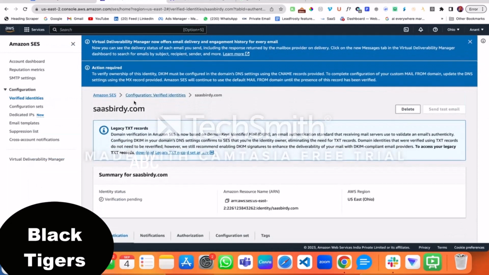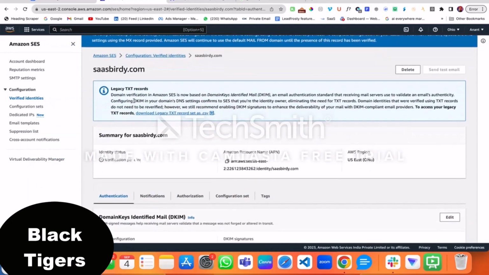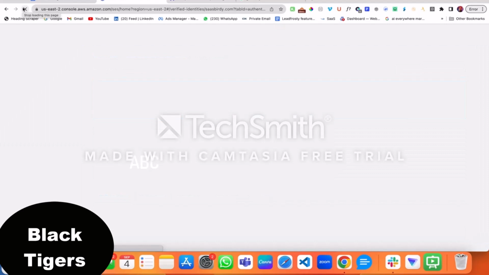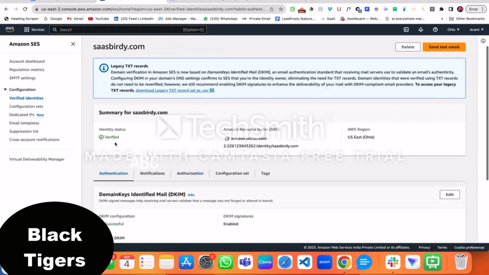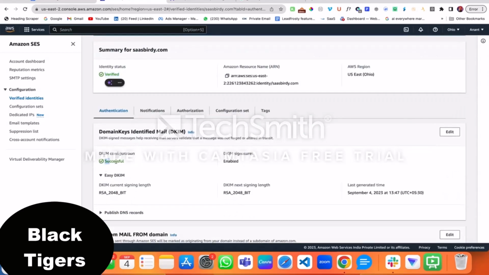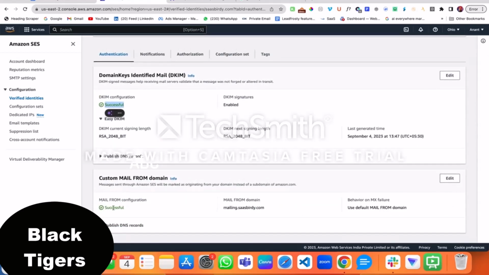I'm ready to go, and my domain should be verified depending on my DNS zone editor. For Hostinger, it propagates really quickly. So let me just refresh the page and see if the changes are reflecting over here. So over here you can see I just added the DNS record and it is now verified. My DKIM is already verified, my MX record is already verified, but in your case it might not get verified